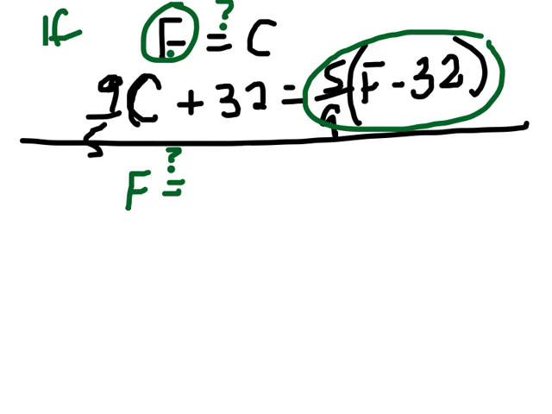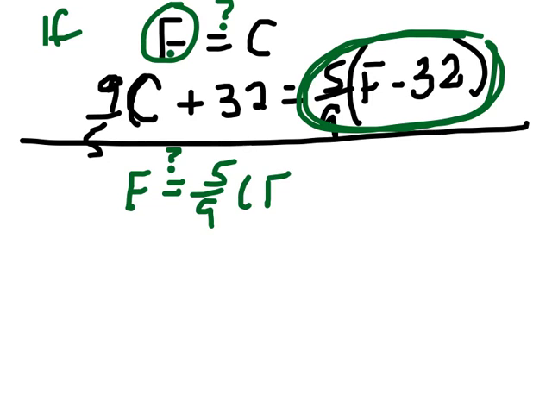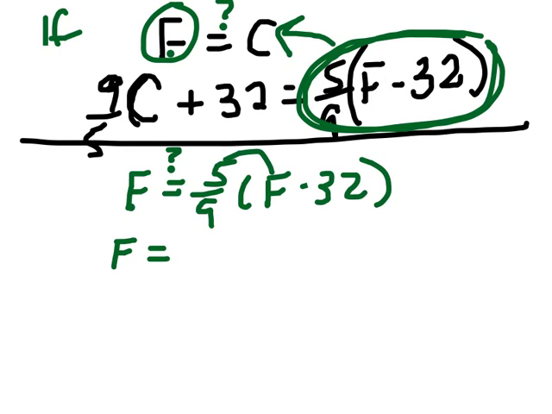So if it's true, then if I leave F on here and then write C, we know F is equal to C, but C is this over here. I could put 5/9 F minus 32. Let's see if we can make this work out. We might end up with no solution. We might end up with something that looks like 2 equals 0, and then we know there's no solution. But we may end up with a number. So let's see what happens. All I've done is substitute this in for C, because I'm going to say, is there an F equal to C? So let's see. If I try to solve this, I would get 5/9 F